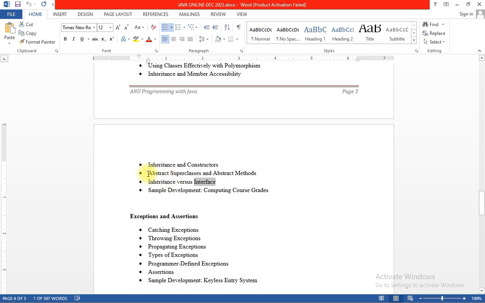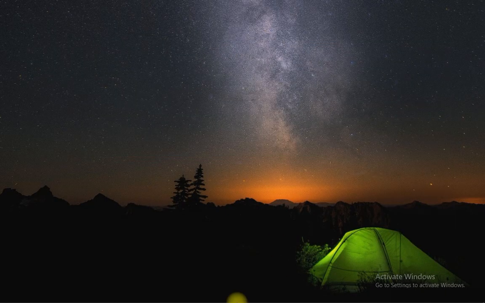So we've considered abstract superclasses and then the abstract method. So we are going to look at inheritance versus interface. What is an interface? I've considered inheritance. So let's look at